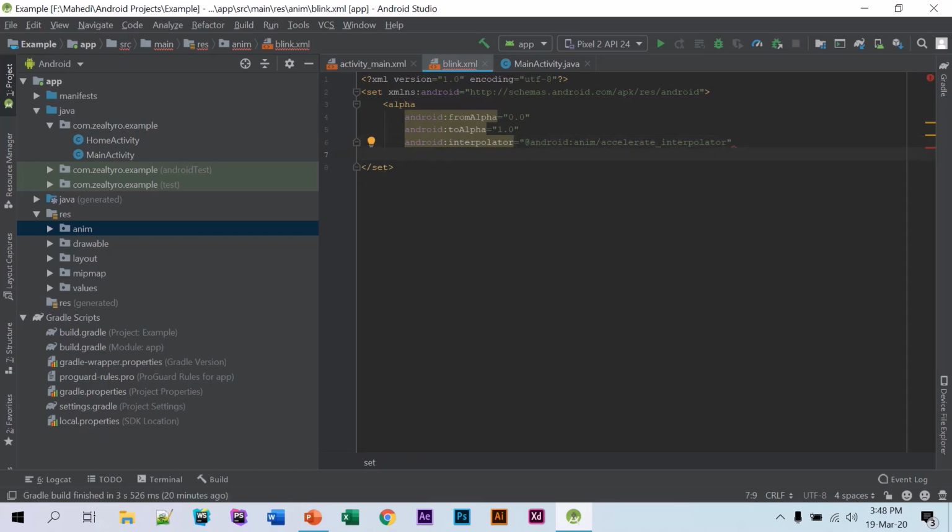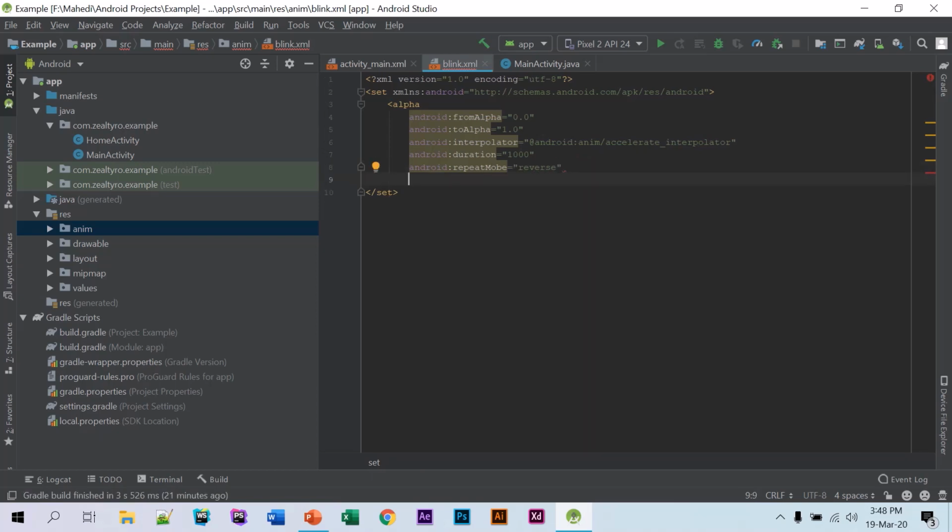Then set duration to 1 second, then repeat mode to reverse, and the repeat count to infinity.